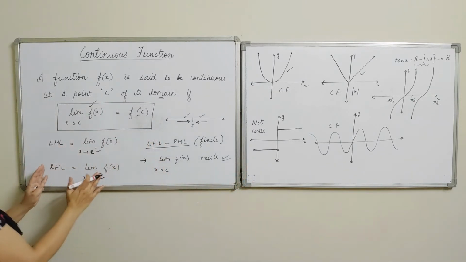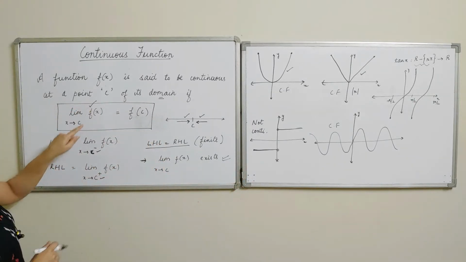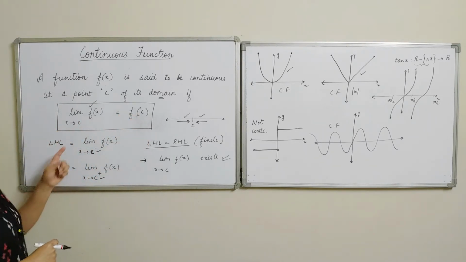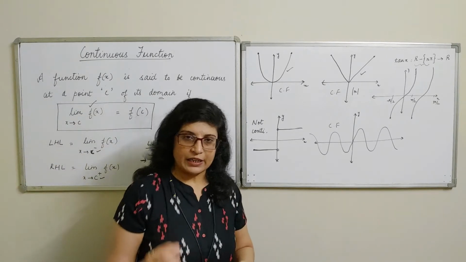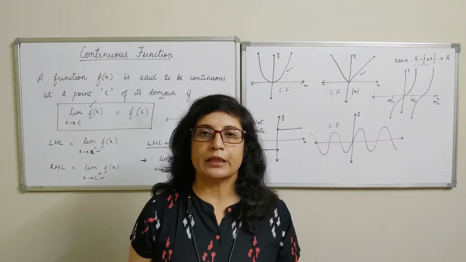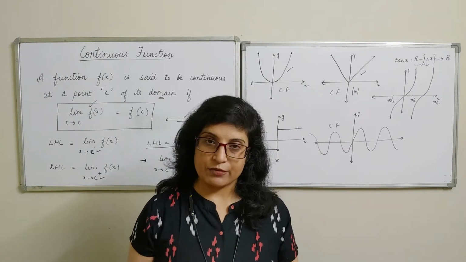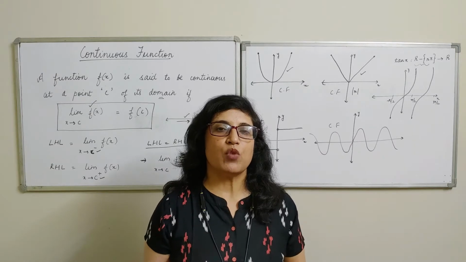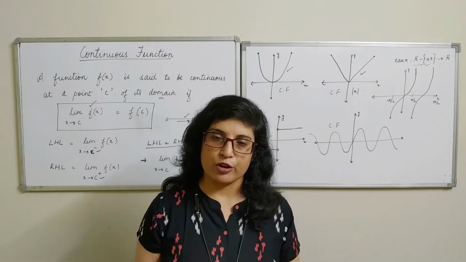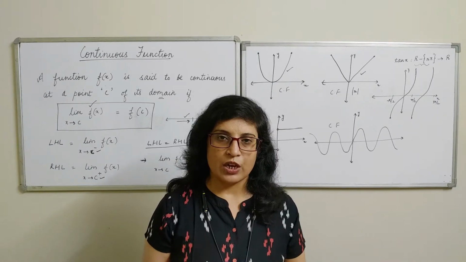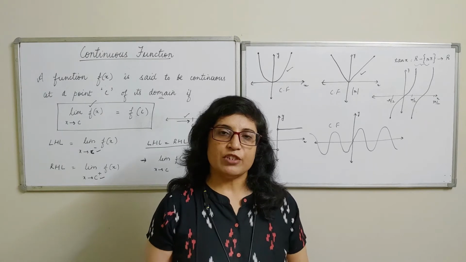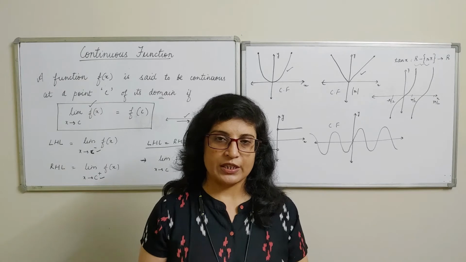So coming back to the basic definition, a function is continuous if the limit of the function at some point is equal to the value of the function. Now to find out the limit of a function at any point, we are familiar with some methods. One is the direct substitution method. If the direct substitution method gives us the indeterminate form, then we move on to other methods, like factorization if it is possible, or substitution, or some standard results can be used. These are the results which we have studied in previous classes. So as and when the requirement comes up, we shall be using various methods of evaluating the limits.